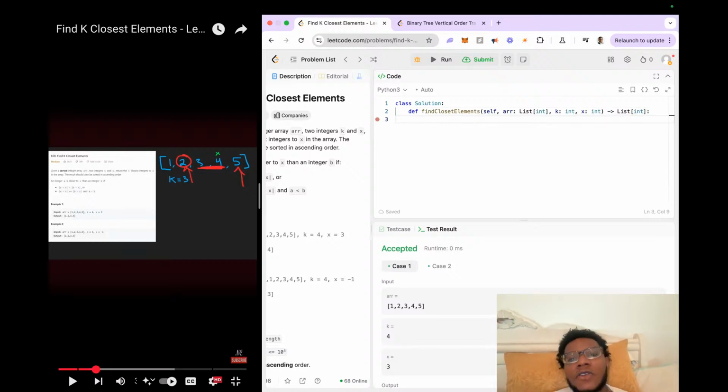And then, similar with all the left pointer and midpoint questions, we start by saying left, right equals 0. We initiate our left and right pointer, and then the length of the array minus k, because instead of looking for a value, we're looking for a window. And so we'll say while left is less than right,